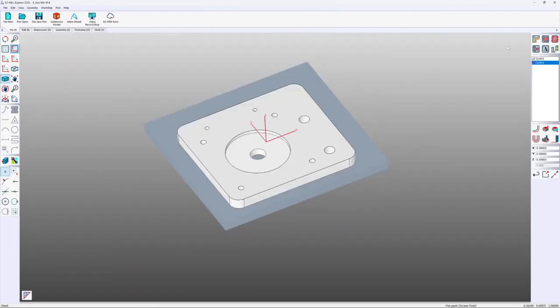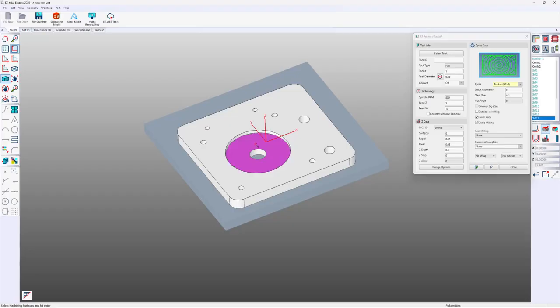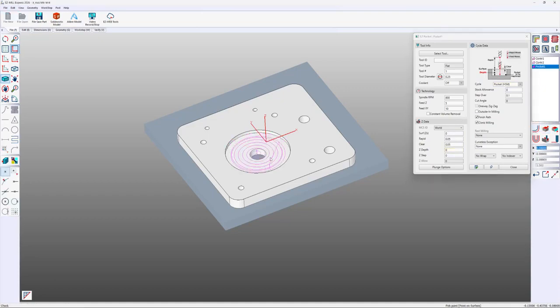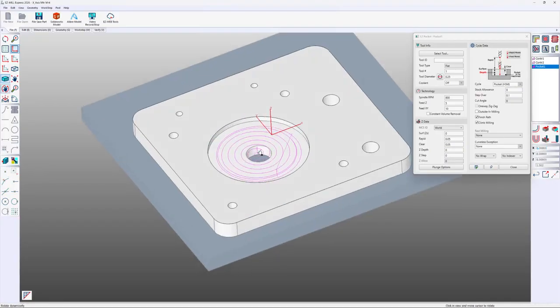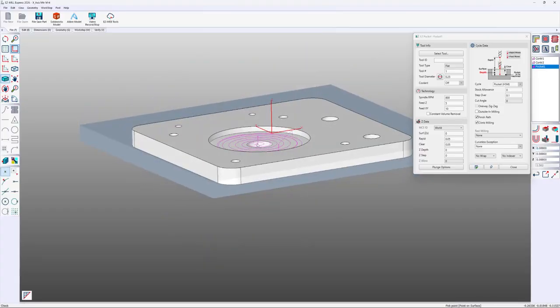Now using that 1/4 inch tool, we'll cut the center pocket, the larger pocket, select the floor, and because we have a bottom floor, EasyCam knows where to stop, so I'm just going to change the depth to 0. We'll use high-speed machining, verify that. So the tool starts in the center and works its way outward in a spiral up against the walls. Now it feeds straight into the work.